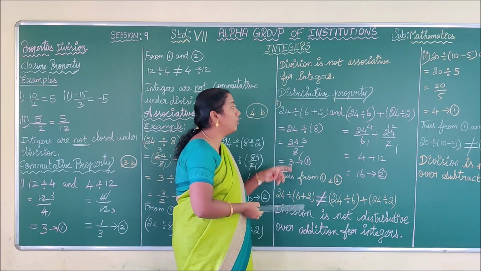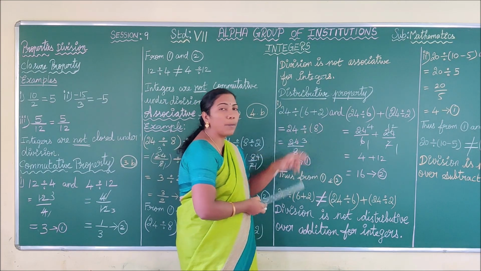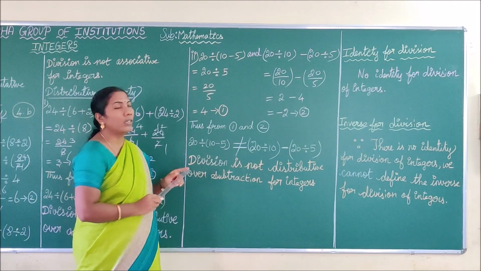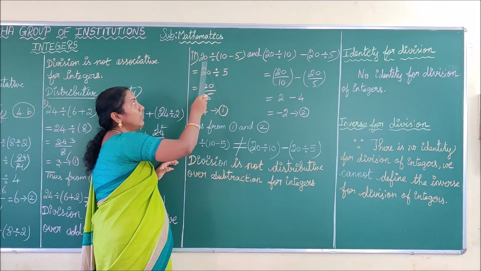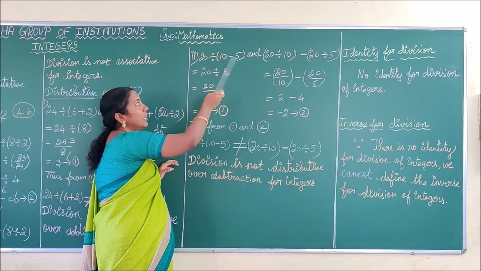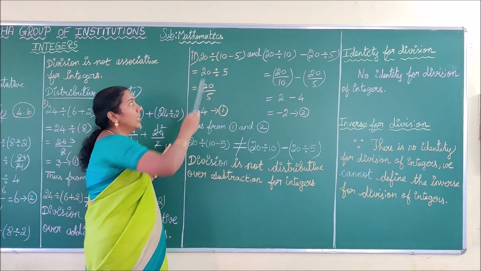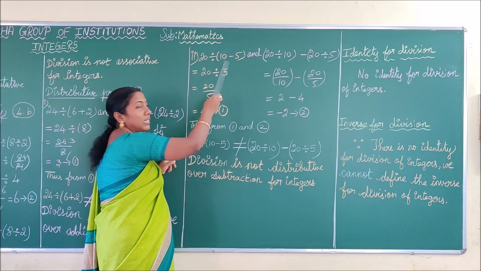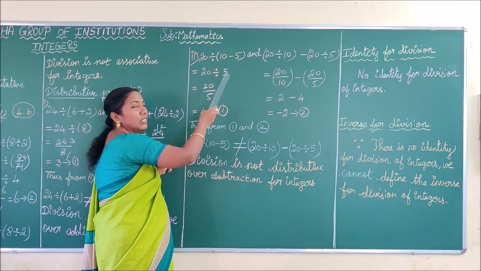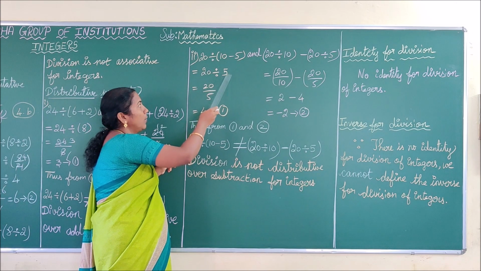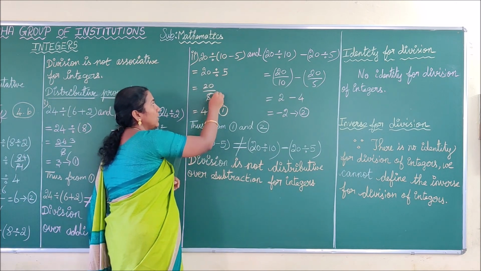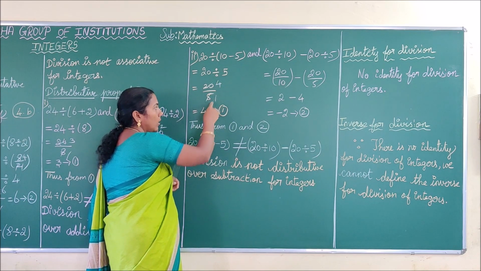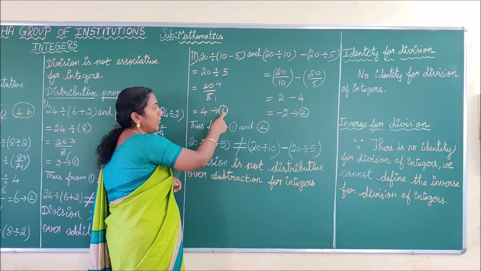Next we are going to check the distributive property for subtraction also. Okay, let us check, children. See here, we have taken 3 integers 20, 10, 5 and 2 operations, division and subtraction. First we are evaluating the numbers within the bracket. 10 minus 5 is 5. That is 20 divided by 5. 1 5 is 5, 4 5s are 20. 4 by 1 can be written as 4. Let it be equation number 1.